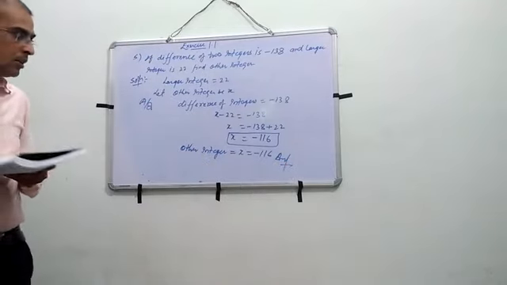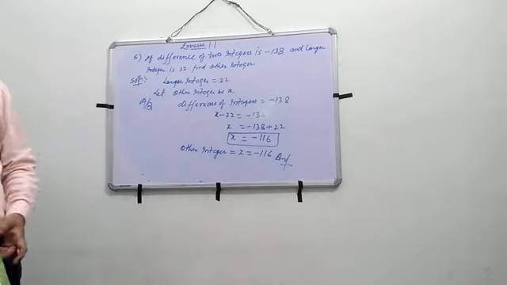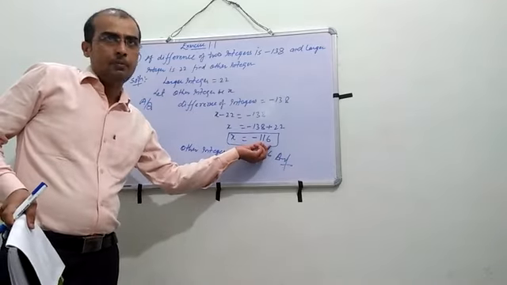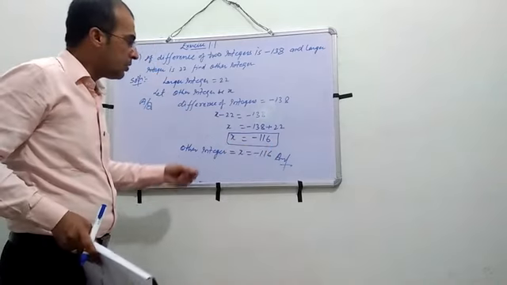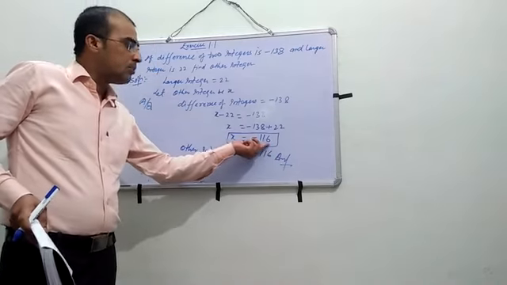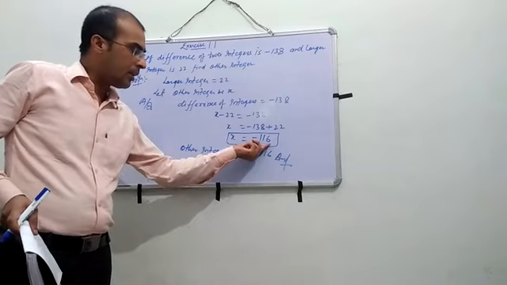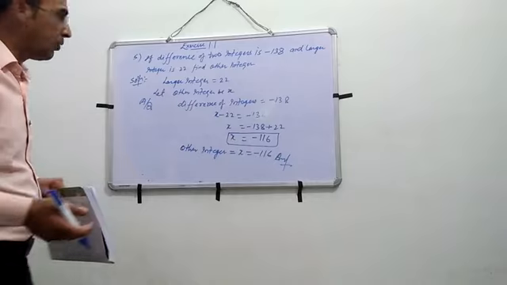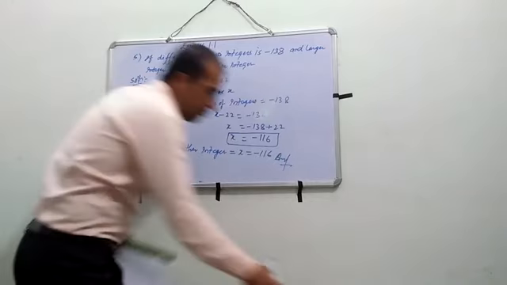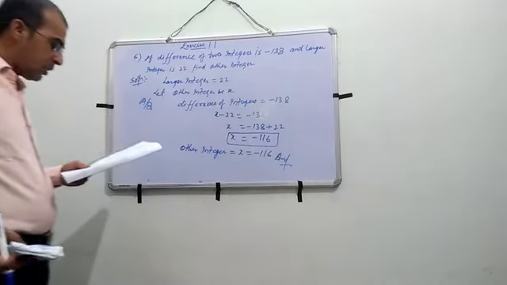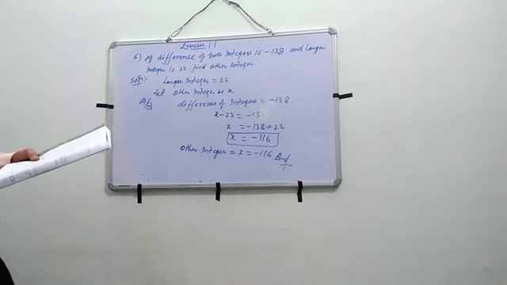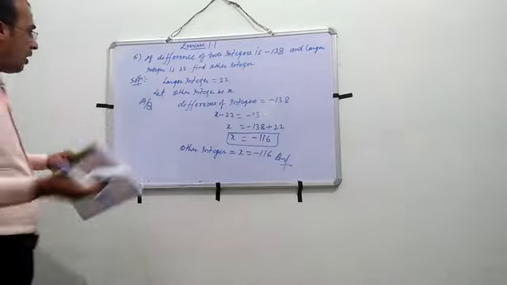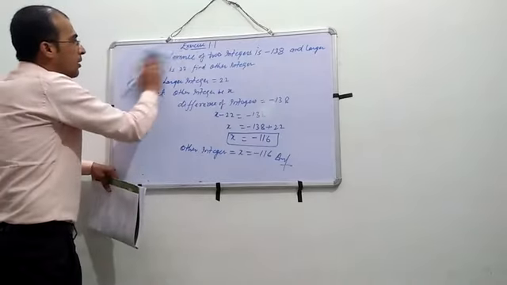Is it clear? This is question number 5. But in the answer it is given 160. So according to the question you will see that this will be your required answer. In the answer it is given wrong, so don't get confused. Now question number 6 and 7 are for your homework. You will practice it. Now I am going to solve question number 8.